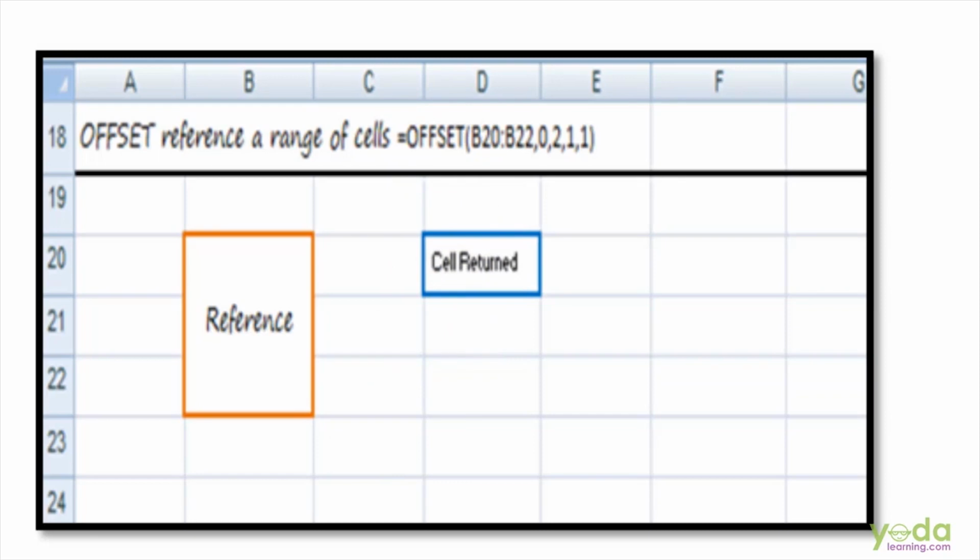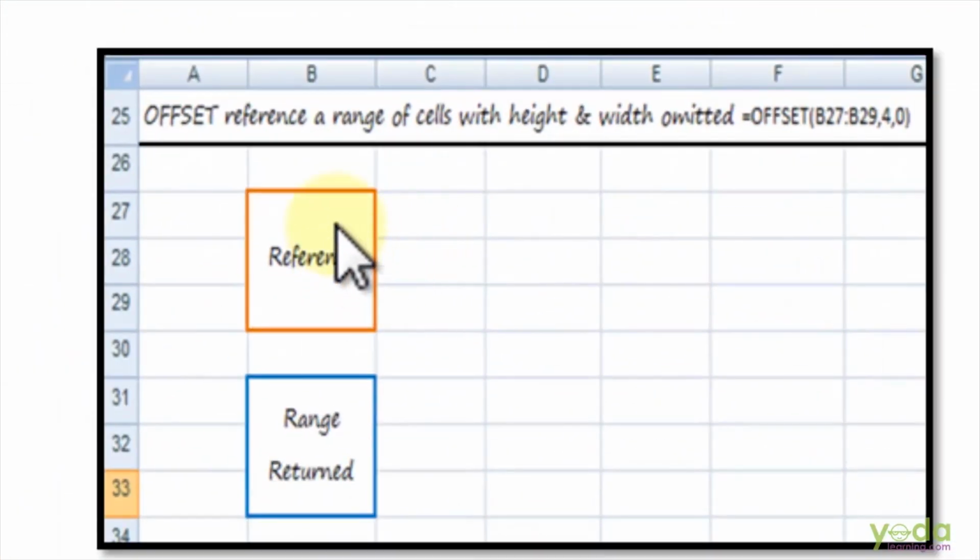In my third example, I have taken the reference of a range again, that is B27 to B29, and it will move 4 rows below the given reference, that is from B27 it will move 4 rows below, that is B28, 29 and 30. Now from that particular reference it will count 0 number of columns, that is it will not move the column, the row will remain the same.